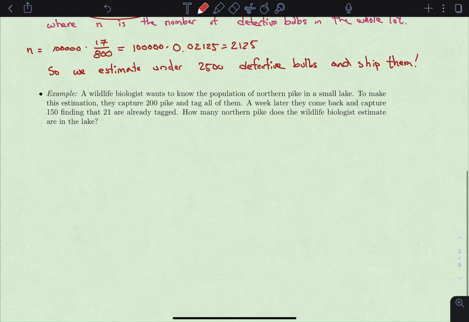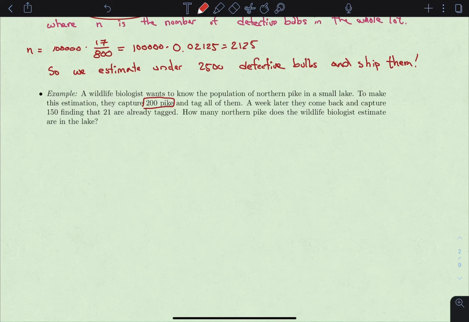And now we're a wildlife biologist, and we want to know the population of a type of fishy in a small lake. So the first thing we do is capture 200 of them and tag them in some way. This could mean clipping something to them, or putting a visible mark on them in some fashion, or some way to identify them later. So after we tag them, we put them back in the